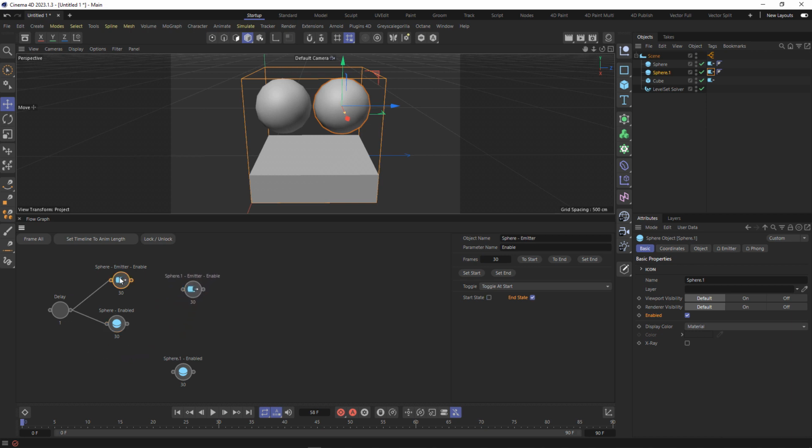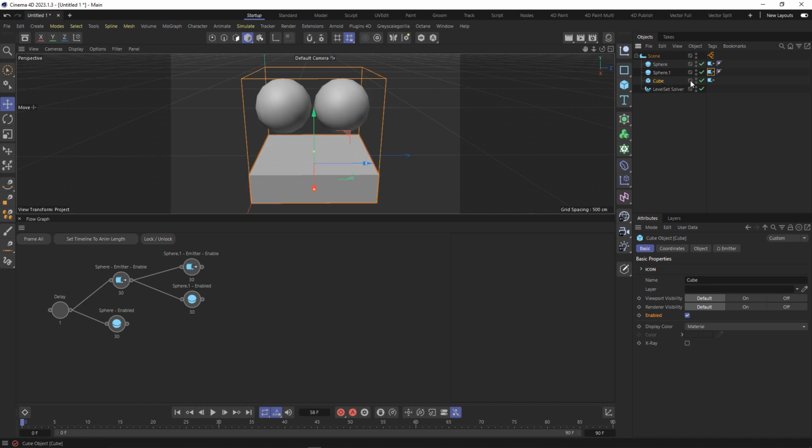And then once 30 frames has passed, I want to trigger the second one, and I want to hide the sphere of the second one as well. So that goes like that. And now I just also want to do one other thing. I'm just going to hide the cube from the viewport so it's not visible, because it'll be creating a fluid